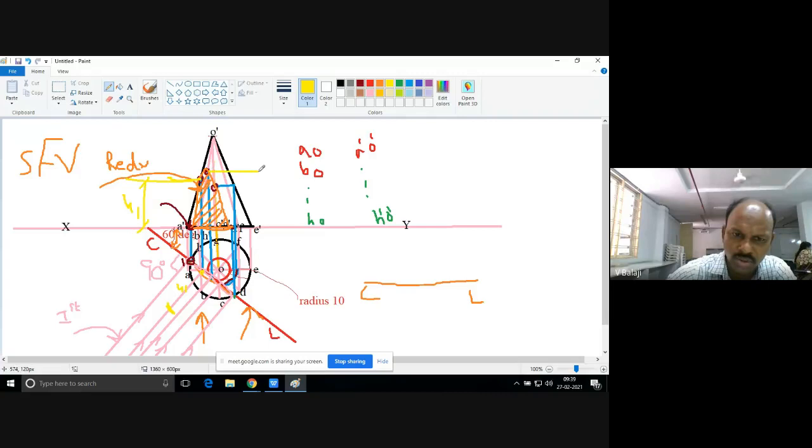If you understand how to take this H1, automatically the remaining points follow the same procedure. This is the H2, this is the H3, okay? And this last point again is on the reference line. You can take it directly on the same CL line. Now this will be H2 and this is H3. Are you following? If anybody has not understood, please let me know. Is it clear or not?